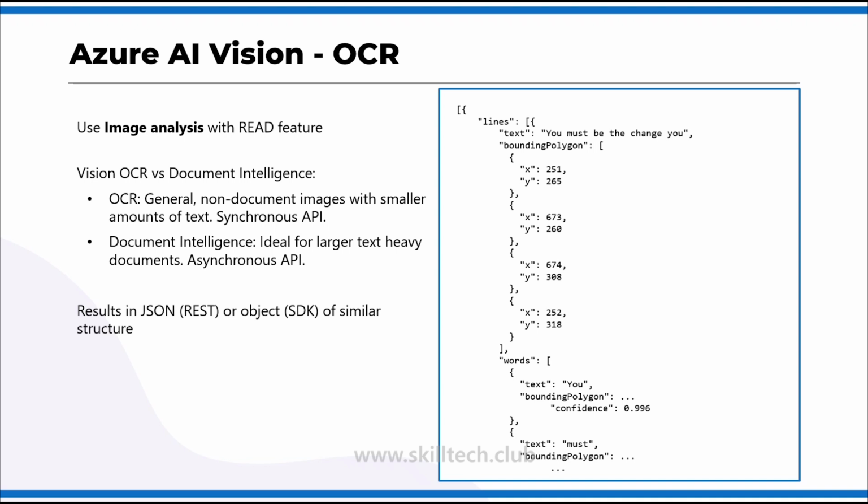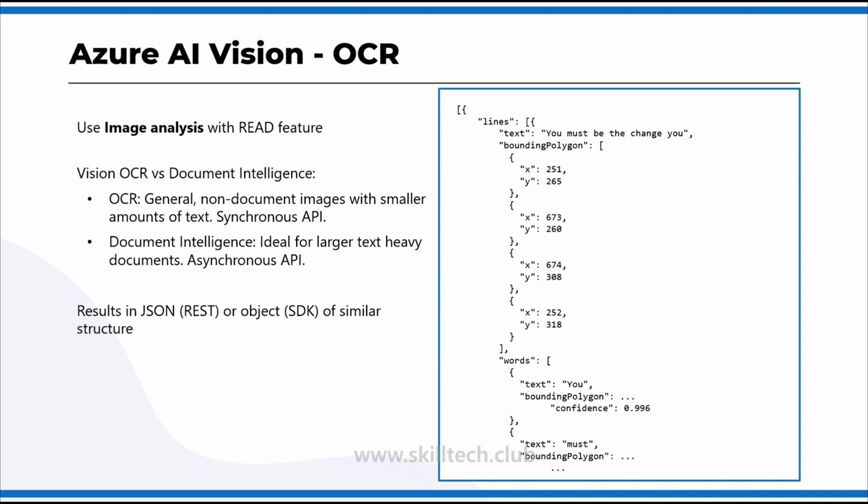Now, when you're using OCR, there is one common question people ask. We have a service in Azure AI known as Document Intelligence Service, which also allows you to extract text from images and scanned documents. What is the difference between OCR and Document Intelligence? The answer is here on the screen. OCR is a generalized technology for non-document images with a smaller amount of text, and it is a synchronous API. In simple words, you use OCR to read text from any images, and most of the time it's going to be a smaller amount of text,